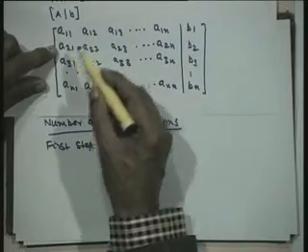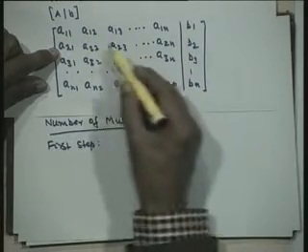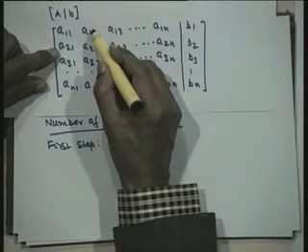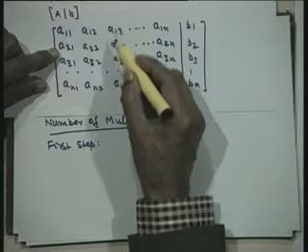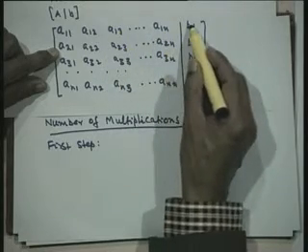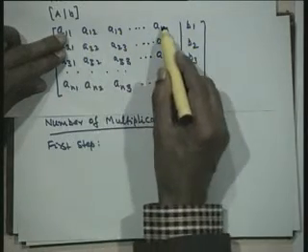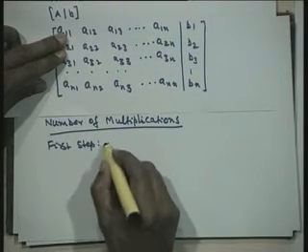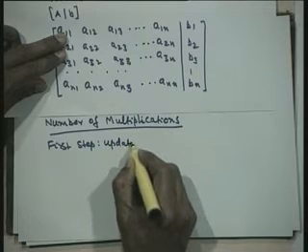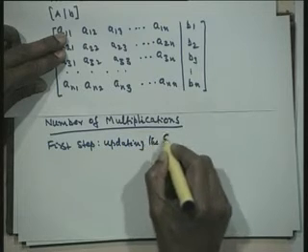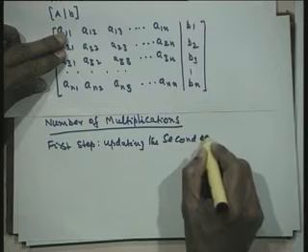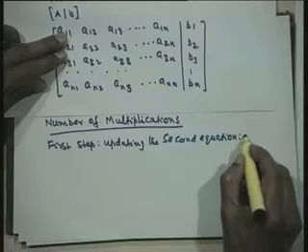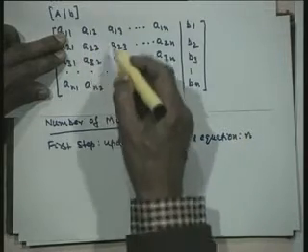Now, what we are doing, to produce 0, I am multiplying by a21 and subtracting from all the elements. So, I am multiplying the quantity by a21 and subtracting, multiply by a21 and subtract. I am now multiplying n minus 1 plus 1, that is n times, in the first step. So, in the first step, for updating the second equation, we are updating the second equation, and that requires a total of n multiplications. Multiply, subtract, multiply, subtract and so on.